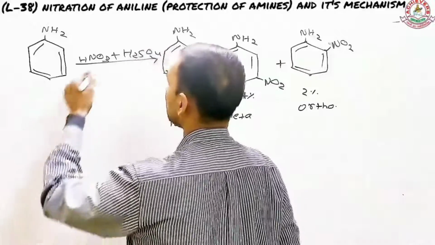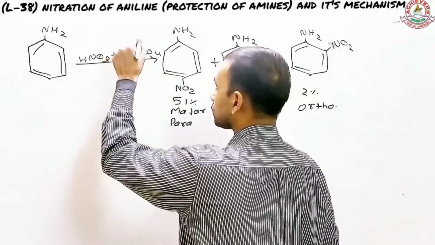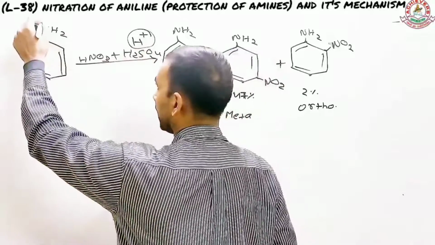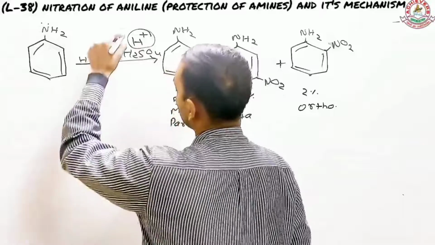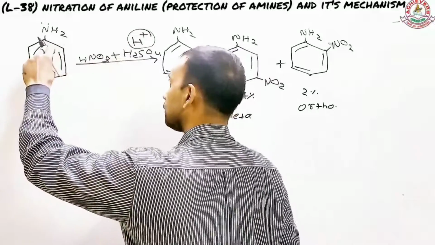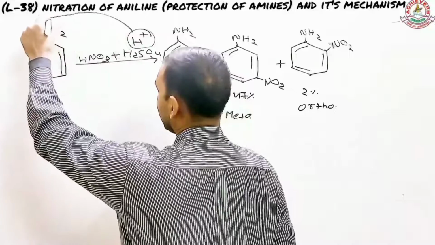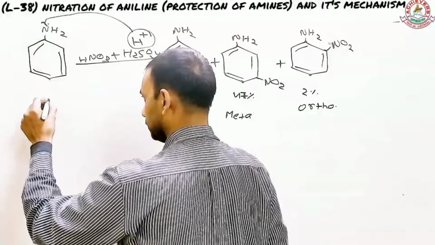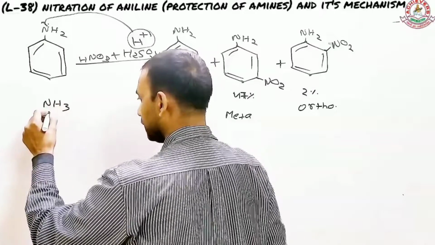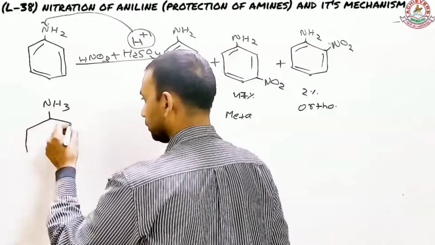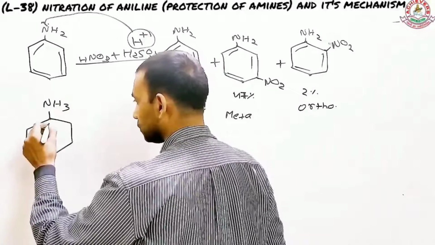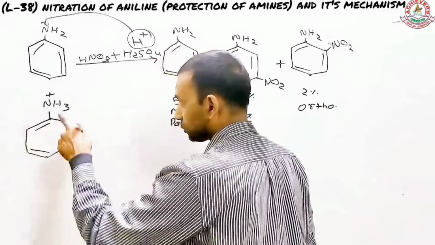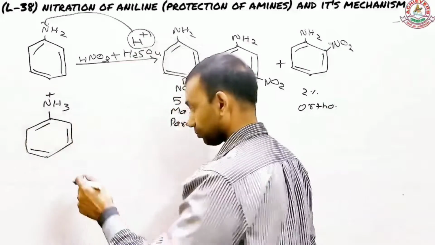What happened here, since H2SO4 is a source of proton, and you do know that nitrogen has a lone pair. So some of the molecules of aniline react with this hydrogen, and it forms anilinium ion. And you probably know what anilinium ion is. In case you do not, that's what I'm doing. So this is your anilinium ion.